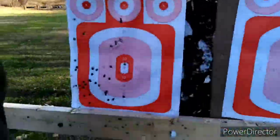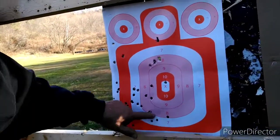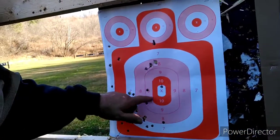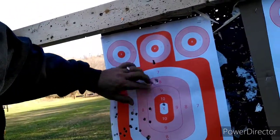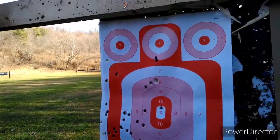That's not too bad. I know I was jerking everything, but at least I got one in the center. And almost everything I put down here, except these two. A couple up here. That's 45, that's 45. You can tell by the size of the holes. So yeah, now that you know how she runs,